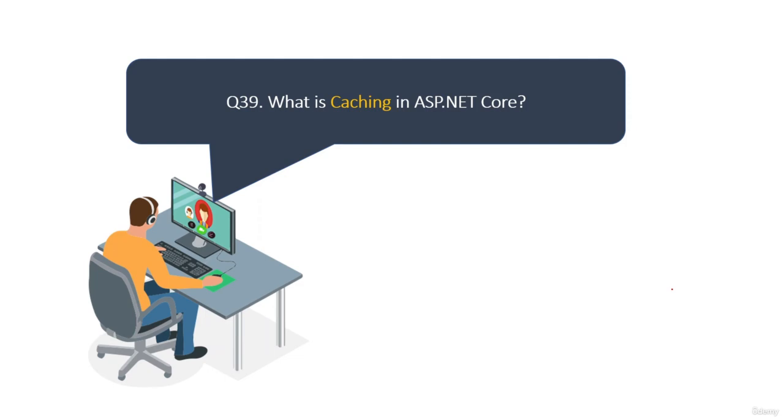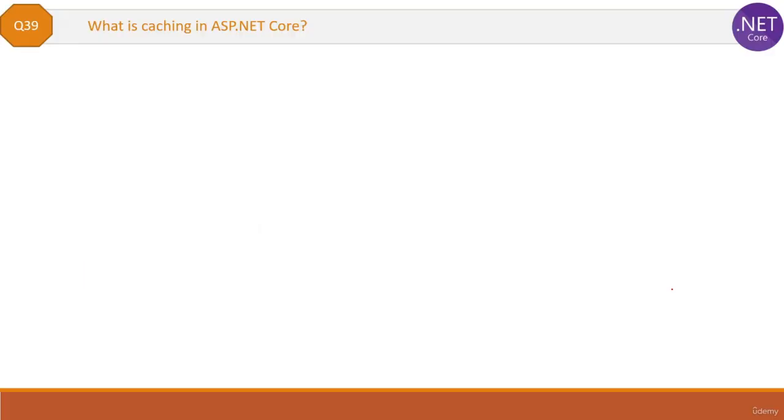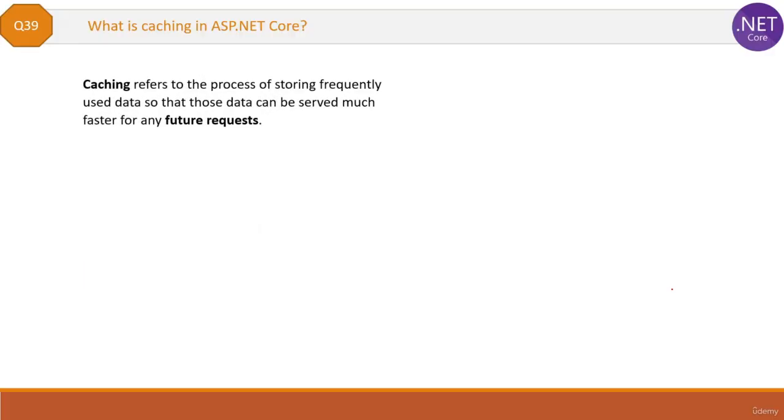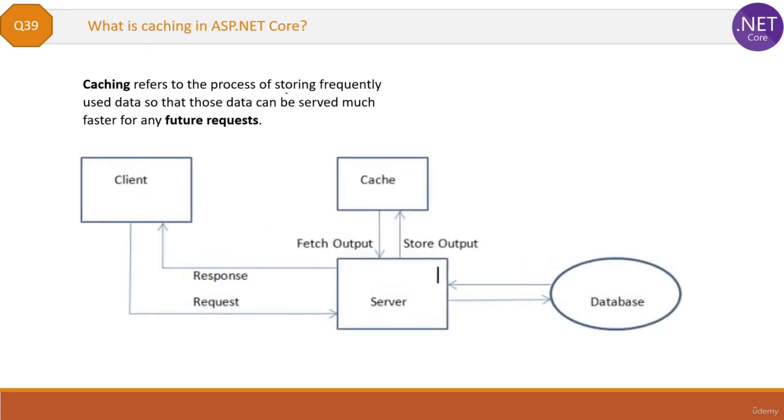What is caching in ASP.NET Core? Caching is a common concept and it is applicable to all web technologies. Caching basically refers to the process of storing frequently used data so that those data can be served much faster for any future requests. So if you are familiar with the web application, you know if there is a client